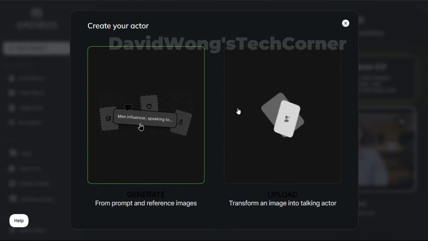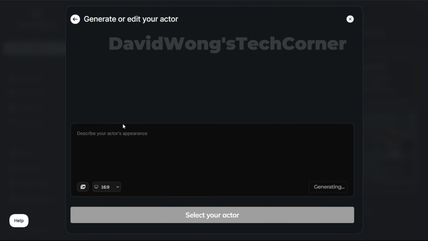So if you have a specific style in mind, like a certain vibe, age range, or content niche, you describe it, and the platform builds an actor that matches. The second option is uploading an image and turning it into an actor. This is perfect when you already have the